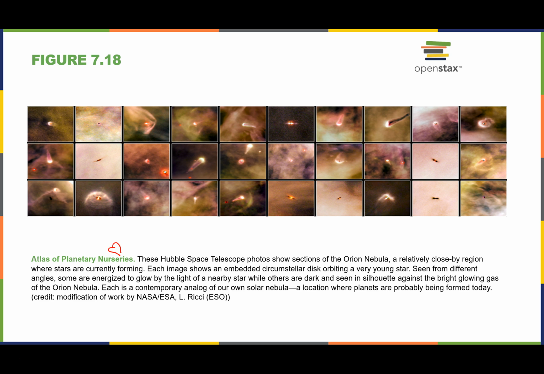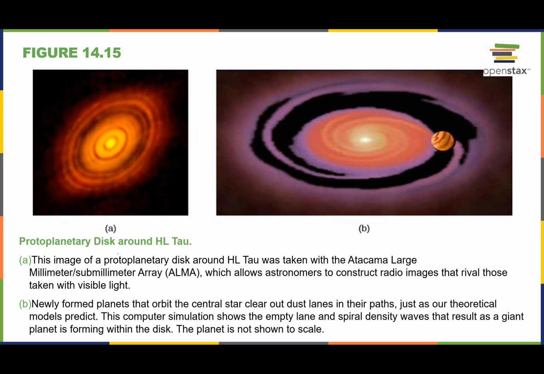Atlas of Planetary Nurseries. So these are all different little baby stars with little baby planets being born around them. This is kind of showing you what we've been talking about. See, this is a real photo. I think that's a photo. But this is looking, instead of edge on, face on, where this is going to be the star,